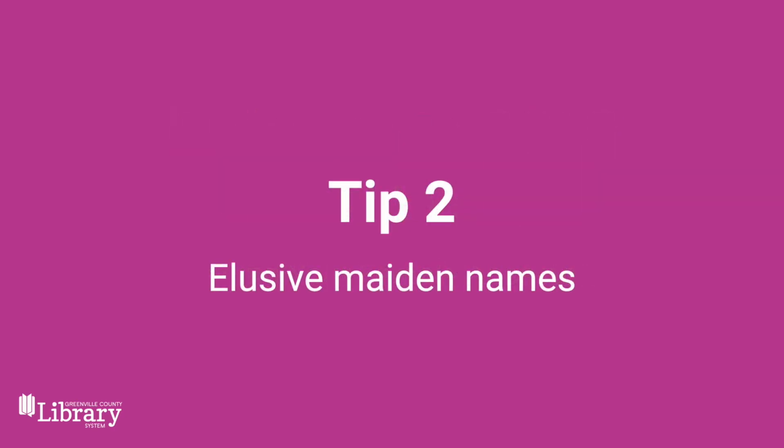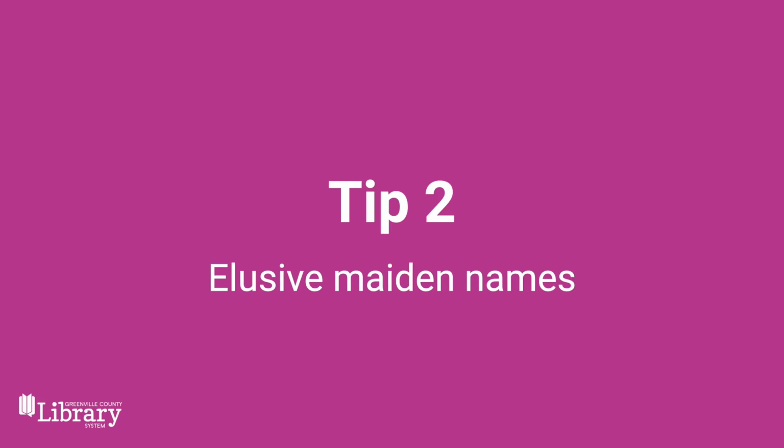In my last video, I mentioned a tip to try to search records for every name your female ancestor used during their lifetime, including maiden names, married names, and nicknames. However, what if you are not sure about the maiden name? Not to worry, because I have some tips to help you get started with your search. Today I'll be sharing a few types of records that you can search to try to find the maiden name of your female ancestors. Vital records can be a great place to start to find the maiden name.